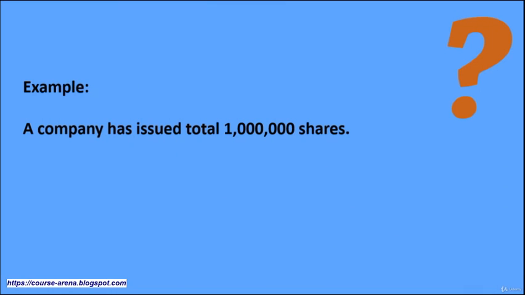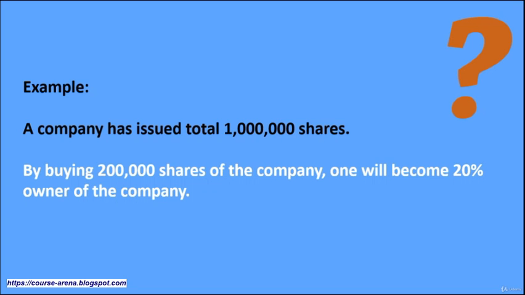Let me give you an example. Let us say a company has issued 1 million shares, and out of those 1 million, 2 lakh shares are owned by you. So you will be called 20% owner of that company. So what is the benefit of doing that? The biggest benefit is that as an investor, you can sell your shares any date you want to an investor. So if I as an investor want to purchase the shares from you, you can sell those shares to me, and maybe you can sell all the 200,000 shares, or you can sell me only 50,000 shares, in which case I will become the owner of 5% of the company, and you will then remain the owner of 15% shares of the company.